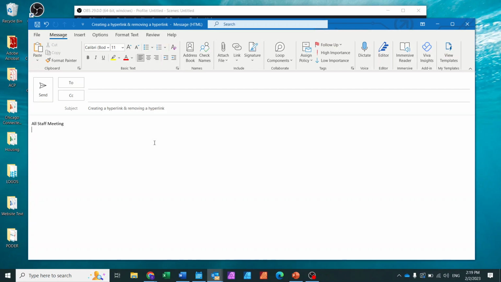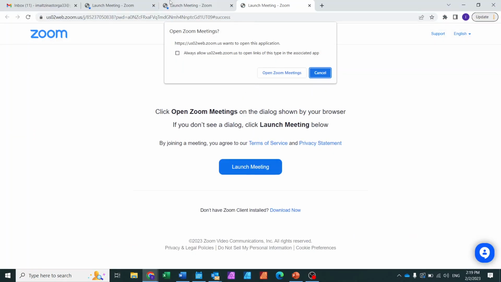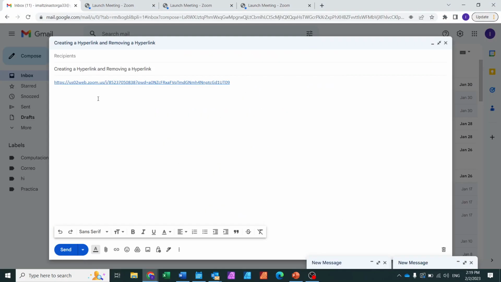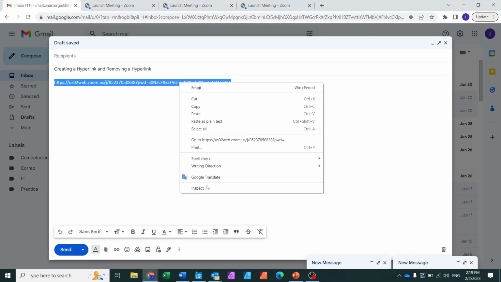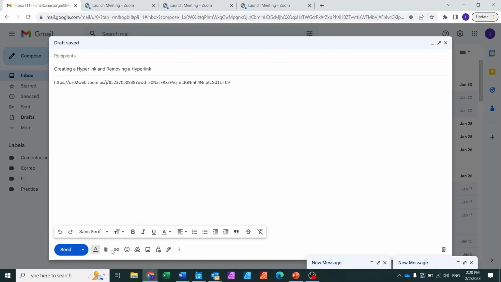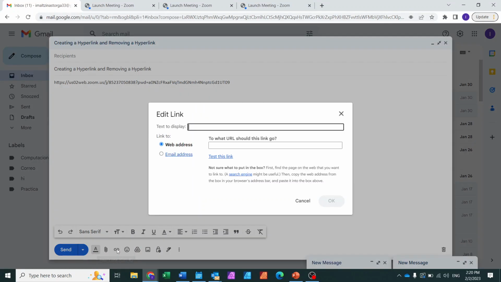Depending on the platform that you use, it might look a little bit different. Here is an example. If I'm using Gmail and I want to insert a hyperlink, I would go ahead and look for this link symbol, because when I do the normal right click, that menu is not showing me link, okay? So it will always be here for Google, insert link, text to display. So if I wanted to change the name once again to all staff,